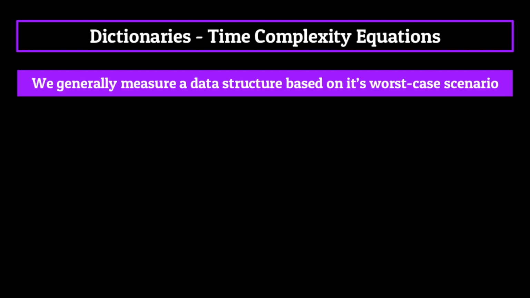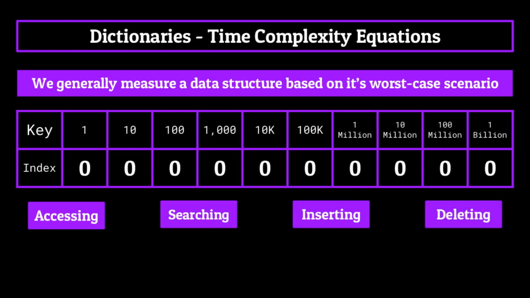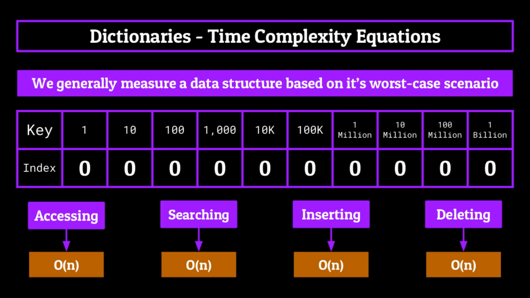little outrageous. We basically end up assuming that our hash function makes it so that every key value pair ends up in the same index, meaning that each of our keys gets stored in a linked list, assuming that closed addressing is being used. Then, worst case scenario, we have to assume that every operation functions how it would for accessing, searching for, inserting, or deleting from a linked list, which if you remember is O of n for all 4. This is, of course, preposterous, and would probably never happen with the bare minimum decent hash function, which is